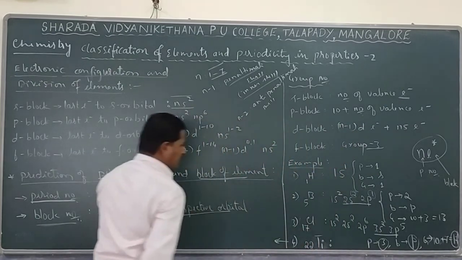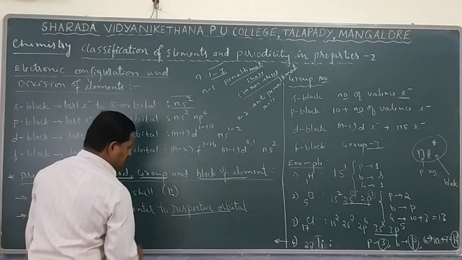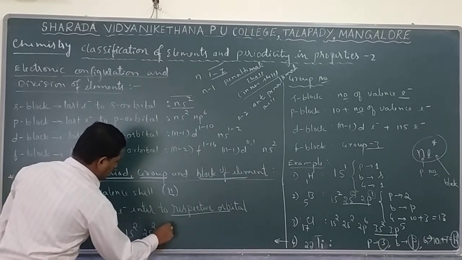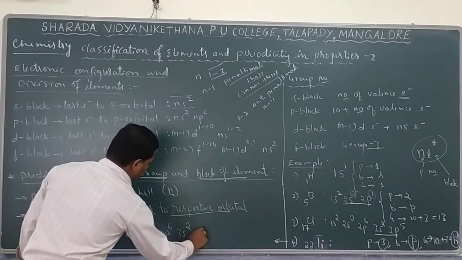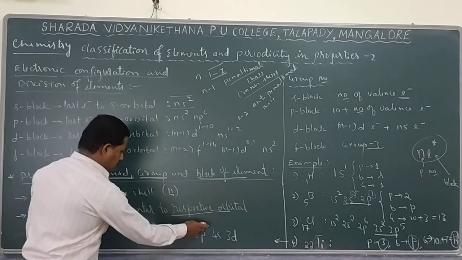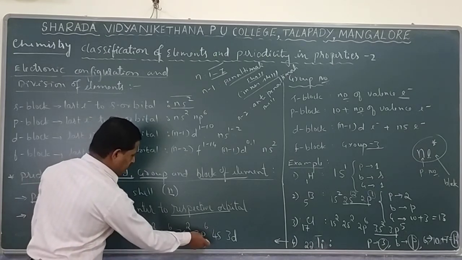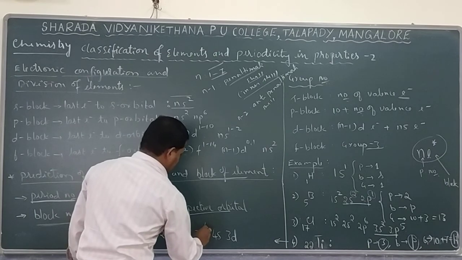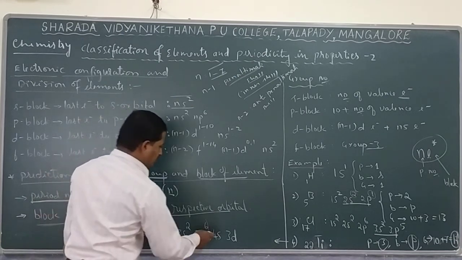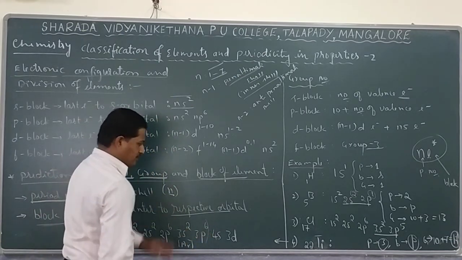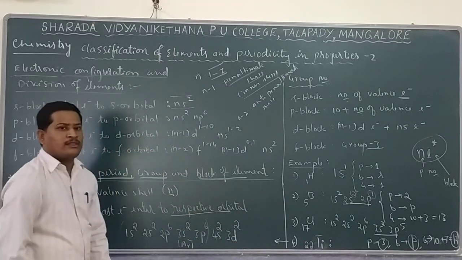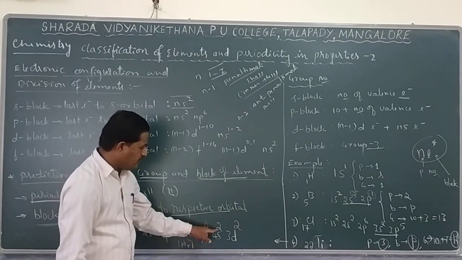Similarly we can go for titanium. Titanium's atomic number is 22. Its electronic configuration is 1s2, then 2s2, after that 2p6, then 3s2, then 3p6, after that 4s and then 3d. So here there are totally 18 electrons: 2 plus 2 plus 6 plus 2 plus 6 means up to here is 18 electrons. This is also written as the electronic configuration of argon. Totally it is 18. Then we are left with 4 electrons, out of which 2 electrons occupy 4s, and the remaining 2 electrons go to 3d. So 20 plus 2, 22.